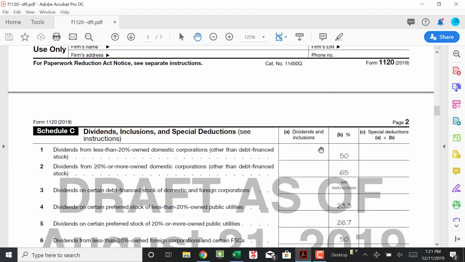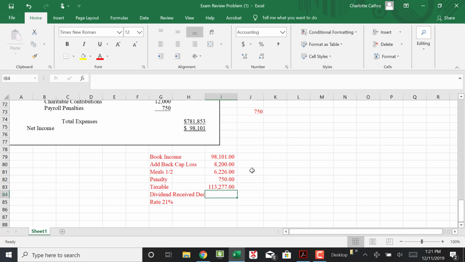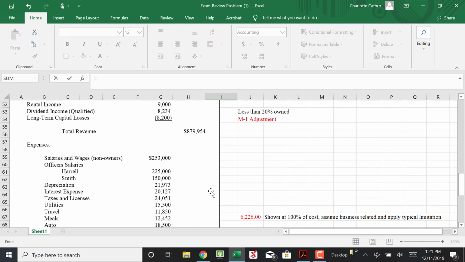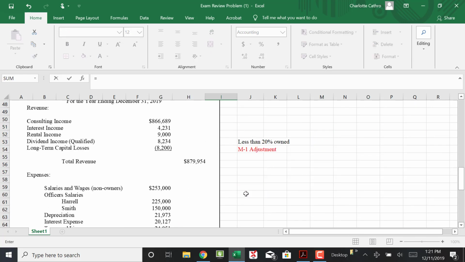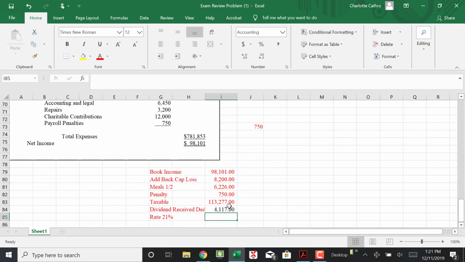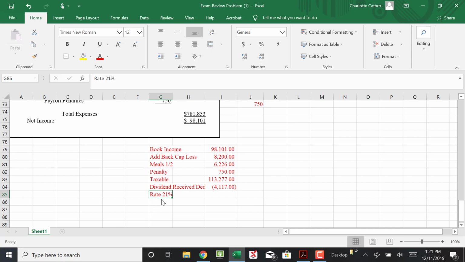Our dividend received deduction is going to be 50% of that dividend. So 50%, the dividend received was 8,234. So 8,234 divided by 2. And we're going to subtract that dividend received deduction of 4,117 to get our actual taxable income